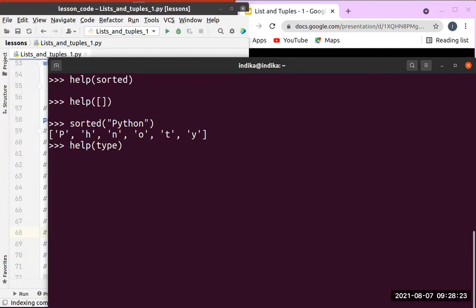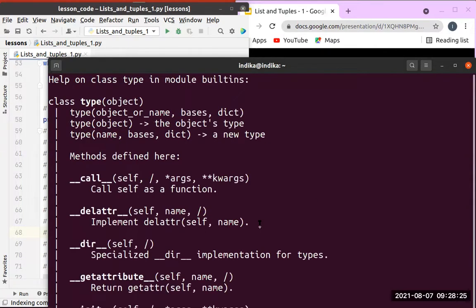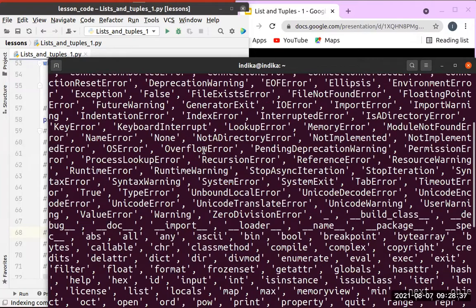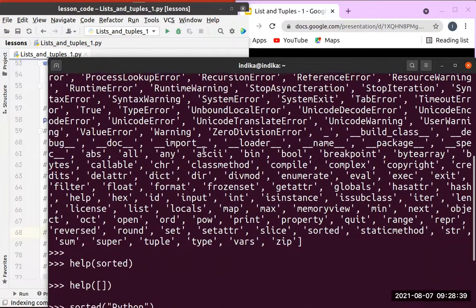I think this should work. Let's see. Yeah, so this is type object. It returns the type. The other one we can use. Let me go to the top over here. Okay, see this